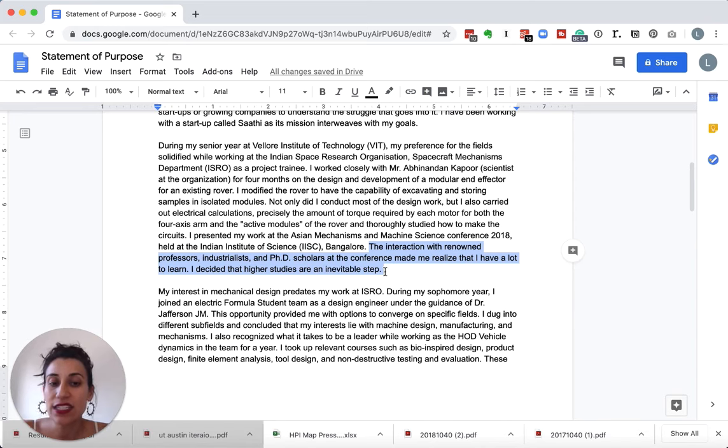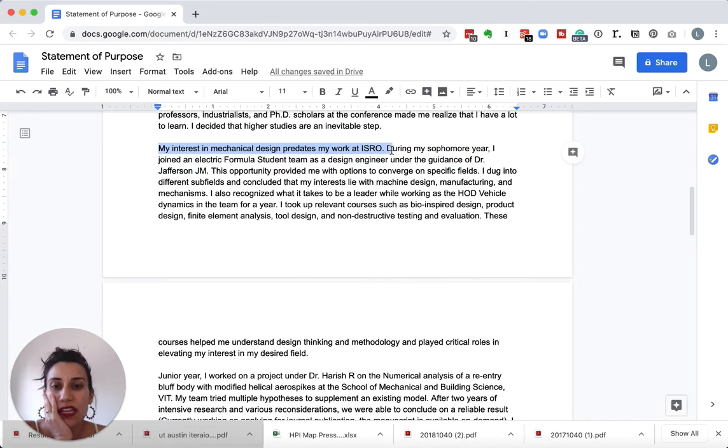So it's interesting how this person said being at the conference made them realize they have a lot more to learn. And I would have them take this just a step further and talk about how they liked doing research, they liked presenting it, they liked writing and submitting to publications, and that they want to do more of that, and that the master's program is the next step to help them learn more in that environment with academics. So you want to make that point clear when you're applying to STEM type programs.